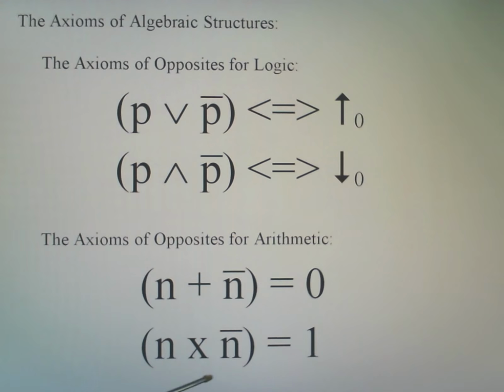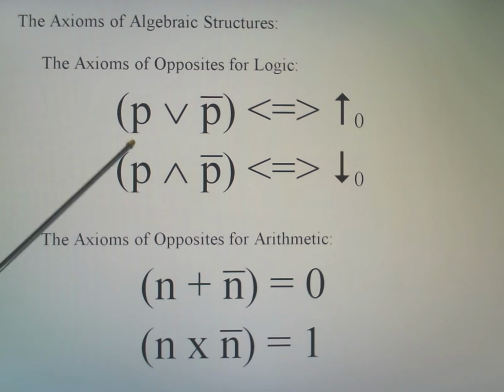For multiplication, if you combine opposites by multiplication, this would be, for instance, 3 over 1 times 1 over 3. That always, of course, equals 1, which again is the identity element for multiplication. So when we combine opposite numbers with multiplication, we get the identity element for multiplication. Something similar occurs in logic, but it is slightly different, and that sets it off as a different tool, if you will, from arithmetic. Here, we can combine opposite statements.